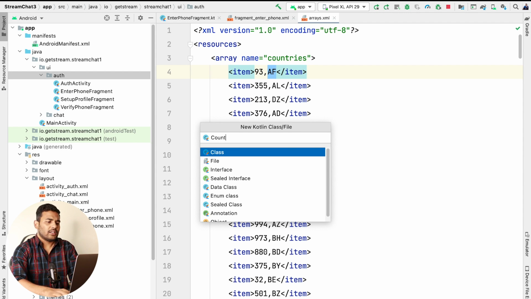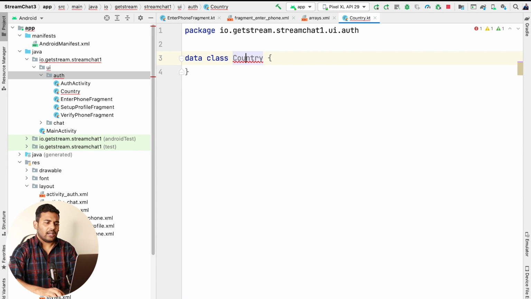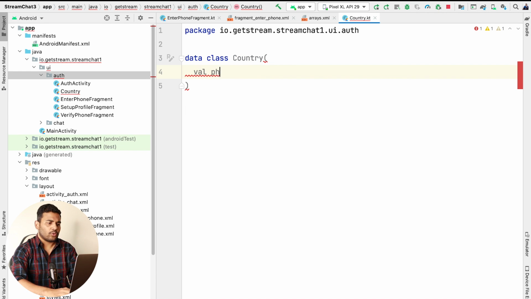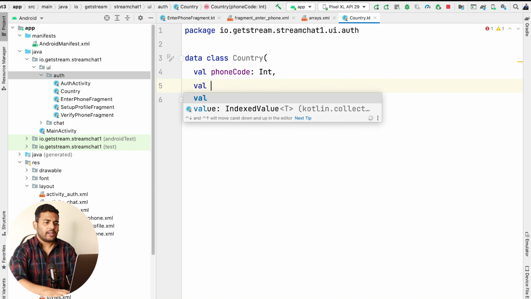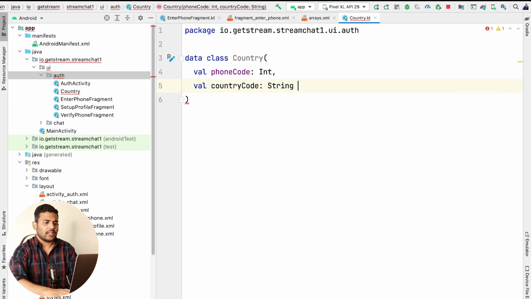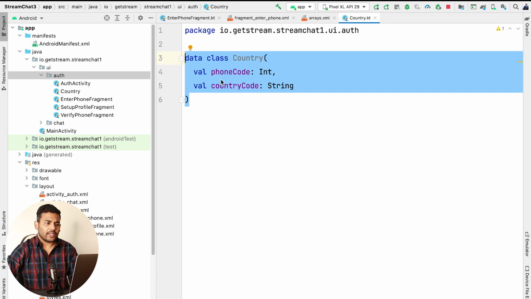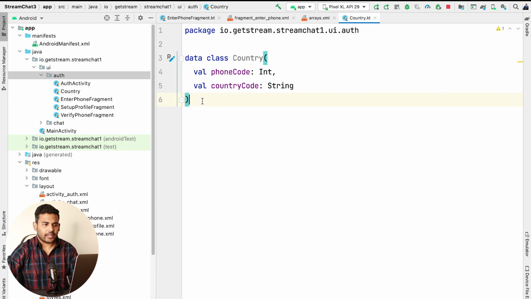So I will name it country, and it is a data class, and for the parameters I will have phone code first, that is an integer, and I have country code, and it is a string.